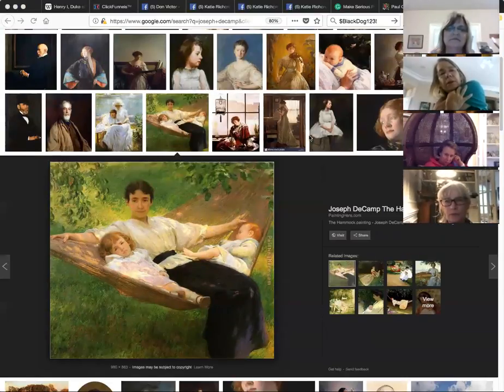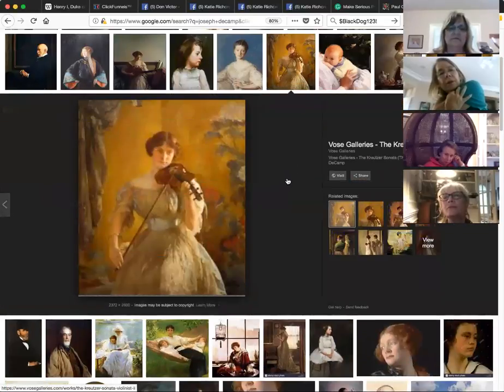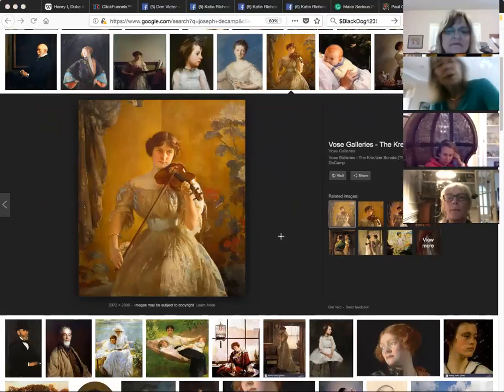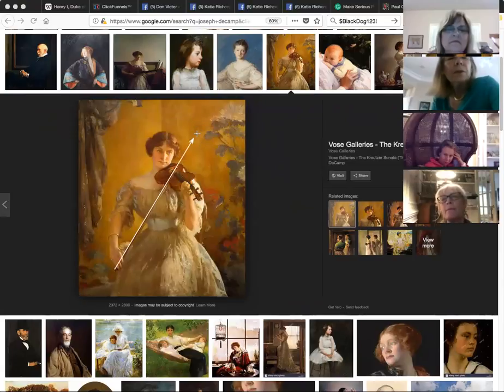Like, for example, here, this one, I love this one. So what is she doing? Playing the violin. Exactly. But now I want you to remember that a master isn't focused on what it is she's doing in terms of what we see or look at, but he wants to make us feel what she's doing, right? So when we analyze the lines, you have the long stroke of the violin coming up through here. You can see the curves even in the values in the back, how it gets a little dark and light here. He brings you through here, down through here, a light to dark relationship brings us to the bird, up through here,